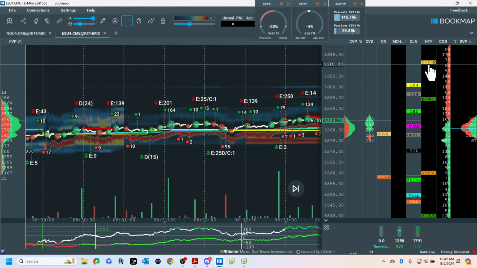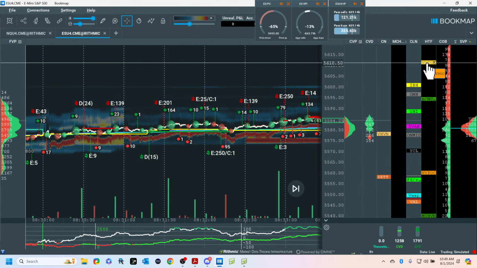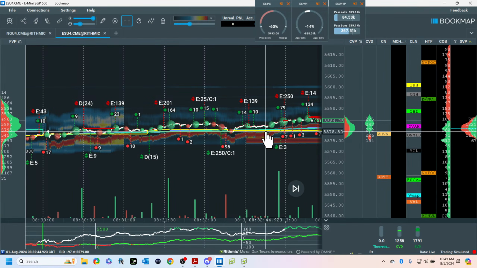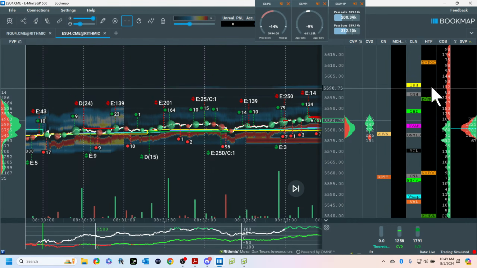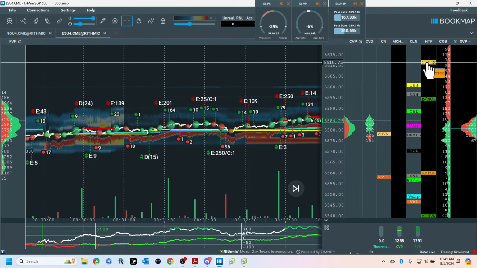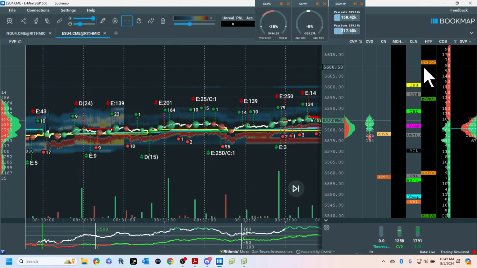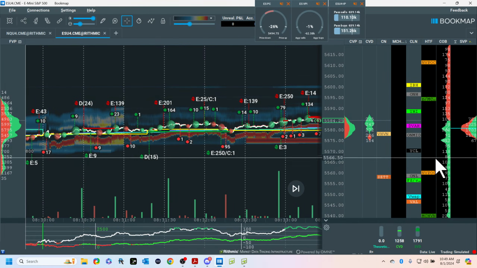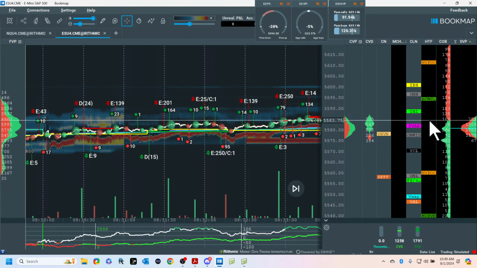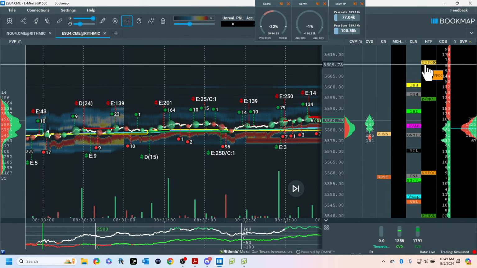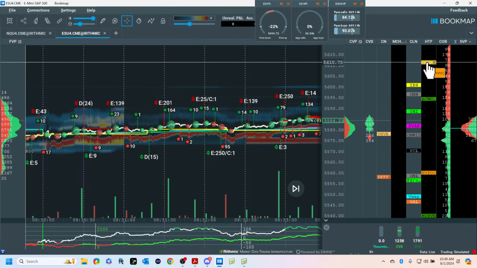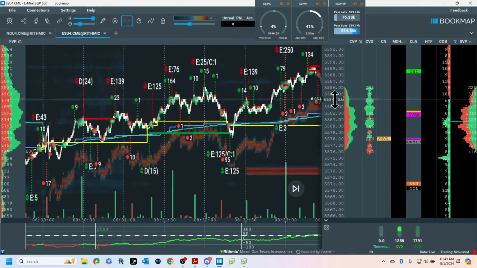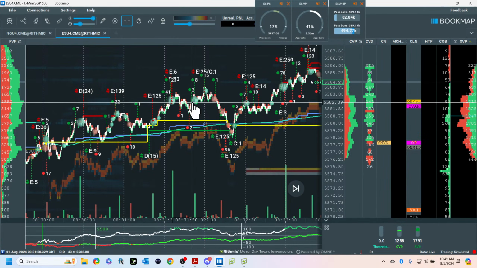Now, what is a naked volume point of control, you're asking? What is NVPOC? It's the same as this yellow line, except it's where the highest volume was last time we traded up here. And I always think of this just like, as I'm mentioning, shopping. This price was too high. The market went down, and, you know, it did the Acapulco cliff dive. Well, like all good shoppers, if this price is too high, we have the potential to come back and check it. Is it still too high? Well, we didn't get there. Life in the fast lane, you know? So there's no prediction. There is potential and there is alignment.